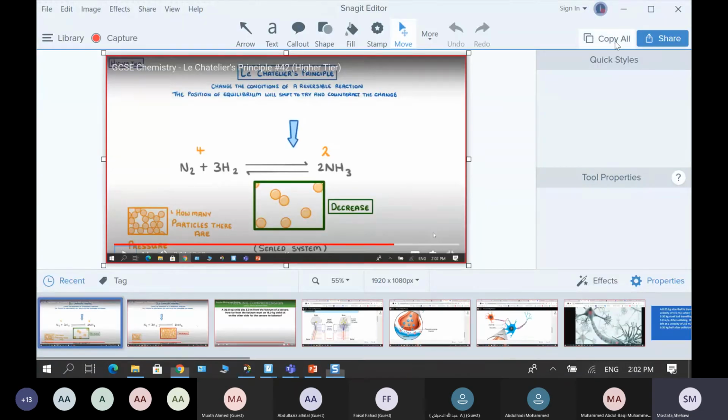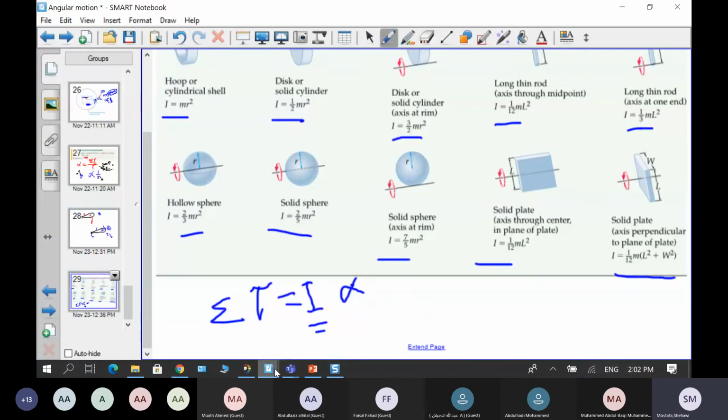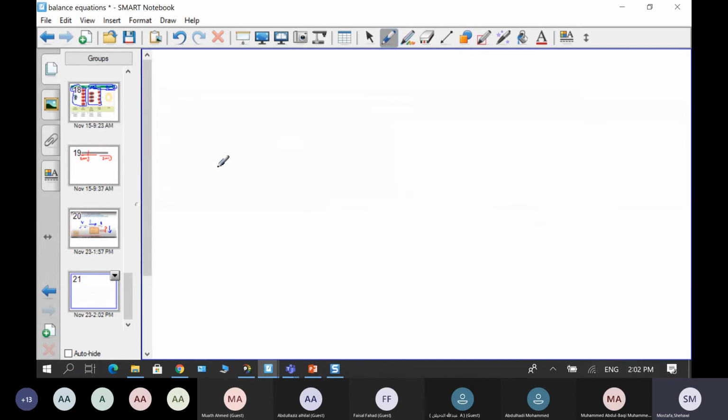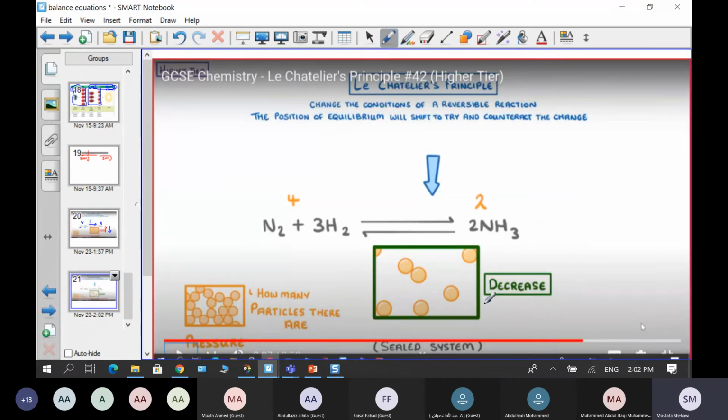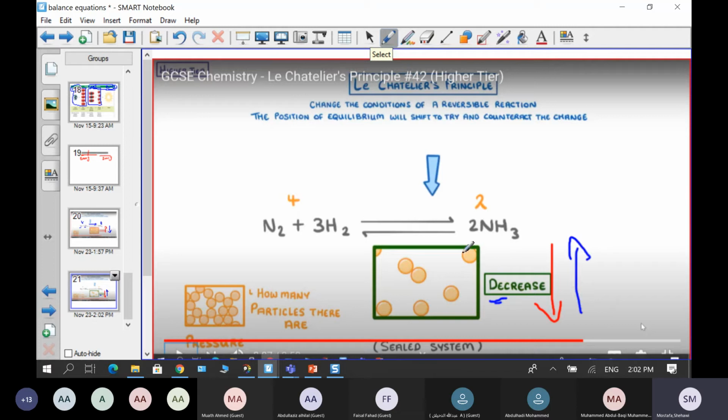Let's see it. Now we decrease the pressure. As you see here, we decrease the pressure. This is our change, I made it in red. We decrease pressure, so the reaction must counteract what we have made. So the reaction must increase pressure. That's what it has to do. It must increase pressure. To do that, it will move in direction number 1, forward direction, or direction number 2,